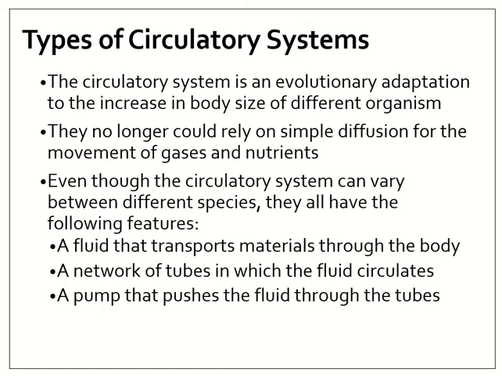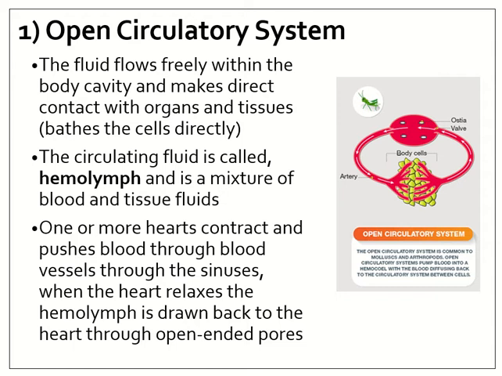Okay, so when we're looking at circulatory systems, we talked a little bit in diversity about different types of circulatory system, but a couple things that they have to have in common is a specific fluid to transport the materials around the body. Sometimes they will have a network of tubes and they need a pump. In us, that's going to be our heart. So we already kind of mentioned this back when we looked at the animal kingdom back in our diversity unit,